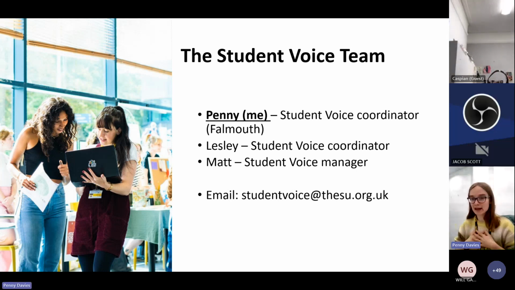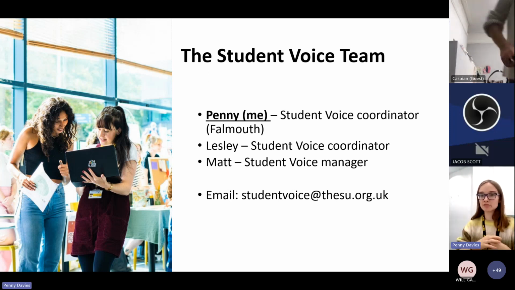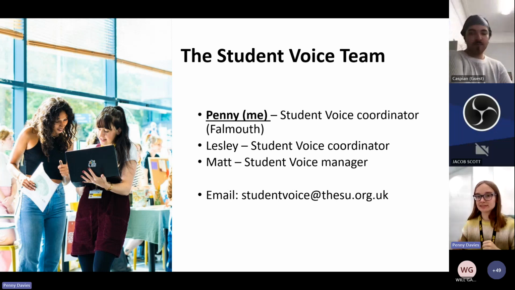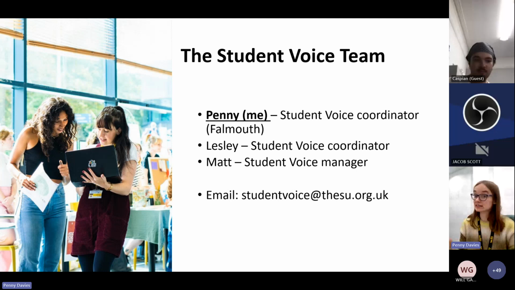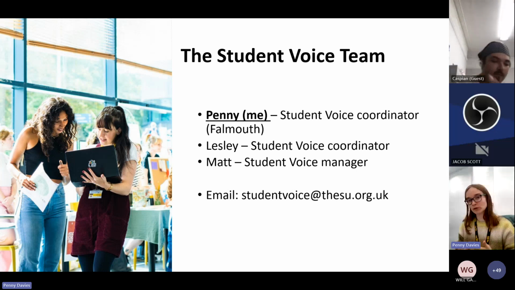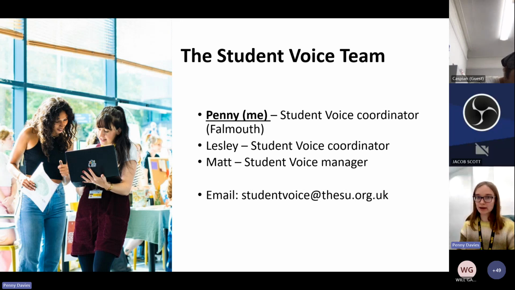The difference between me and Hannah is that I and other full-time members of staff at the SU don't have any representative power because you've not voted us in. We just work here. We applied for the job and got the job. So we can't represent your voice in meetings. Only the sabbatical officers can do that. And you guys can do that as well as reps, volunteer reps.